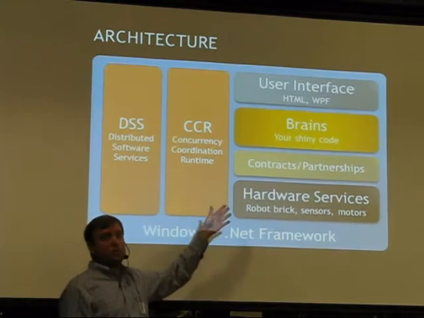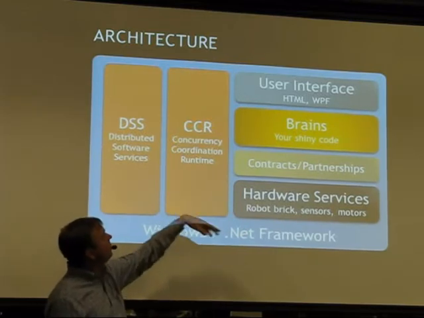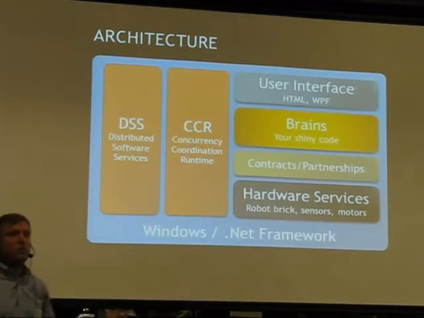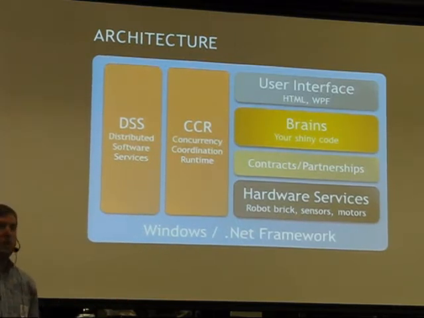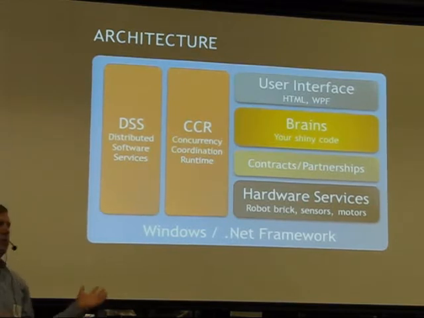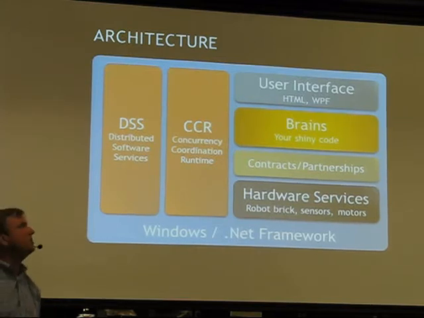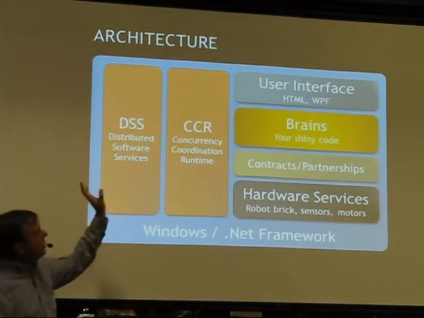So for those of us who are writing software on top of RDS, we're on the right-hand side. User interface, obviously we have Windows, we have a visual environment. Typically we want our robots to have some kind of visual interface so we understand what's going on. RDS supports HTML, so you can be doing web output. WPF is Windows Presentation Foundation. That's their big presentation technology these days. There's a few others that you can use. So you've got that on top.